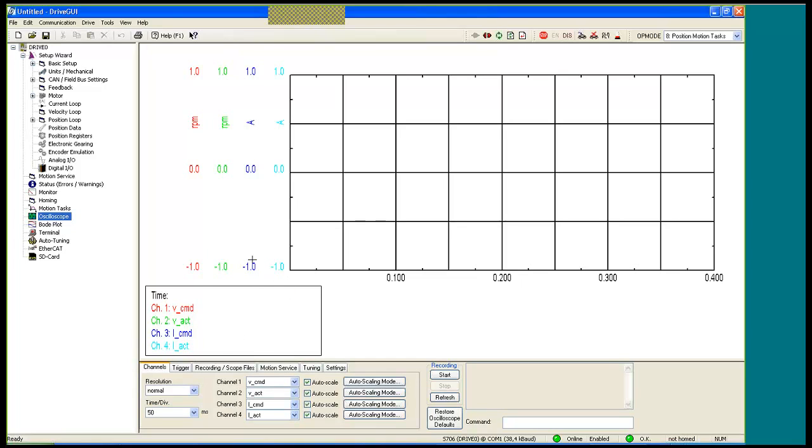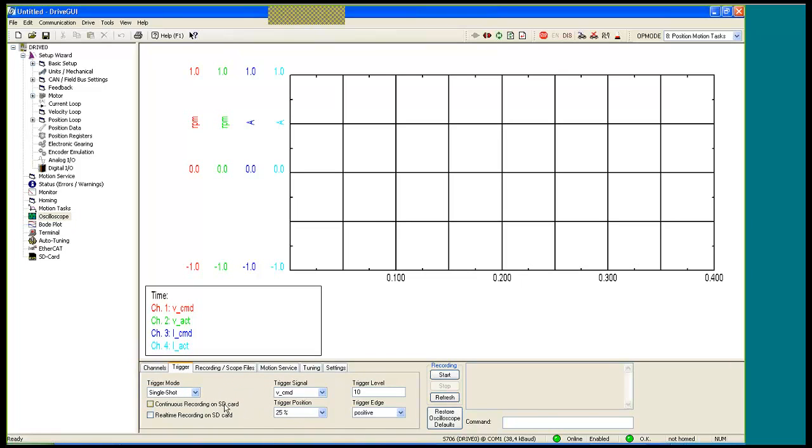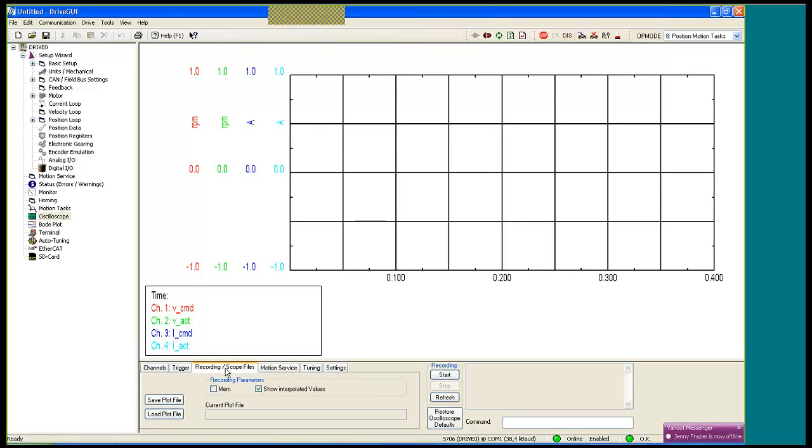The next session we will go into more detail with the oscilloscope screen, but basically we have the ability to run 4 channels and save them. These 4 channels, you can trigger the events from the servo system and store the information. You have the ability to load and save what is being recorded for future reference or for benchmarking performance on a machine. Or even if you're troubleshooting, you could save off a recording and email the recording to me here